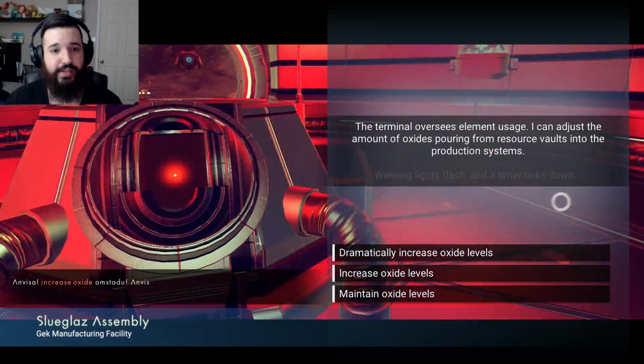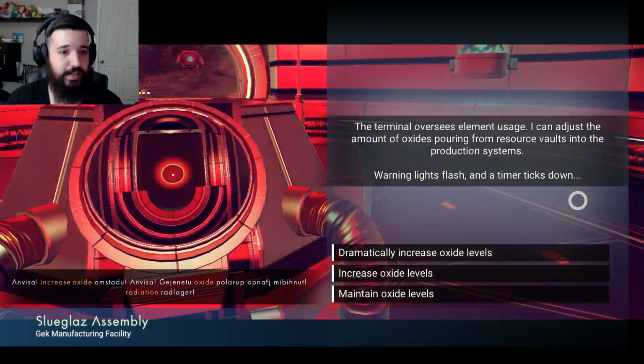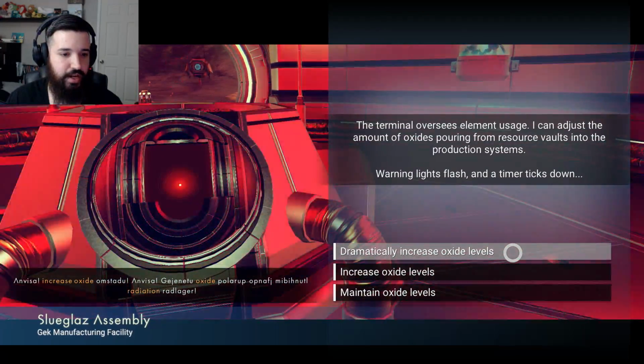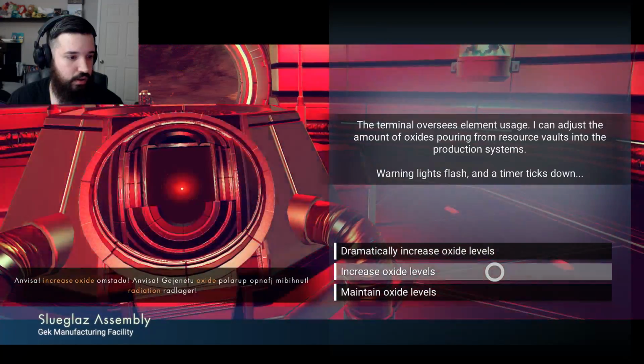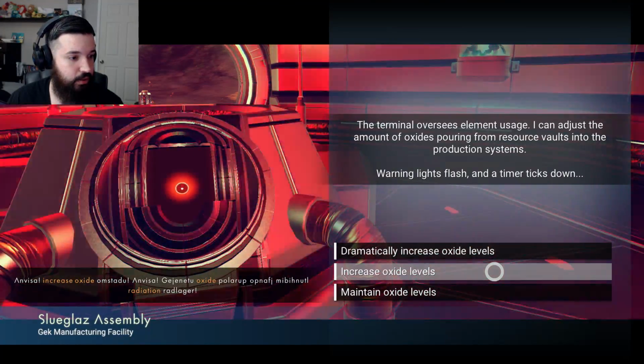The terminal oversees element usage. I can adjust the amount of oxides pouring from resource vaults into the production system. Warning lights flash, and a timer ticks down. Dramatically increase oxide levels. Increase oxide...